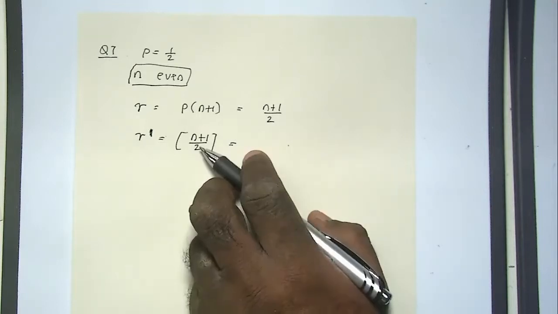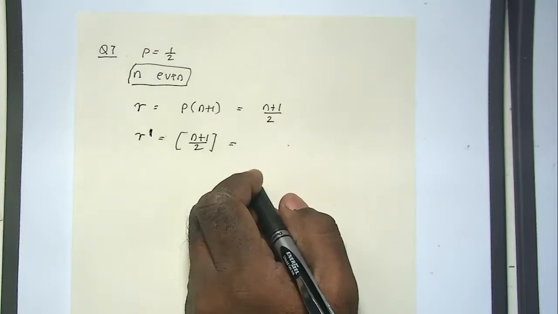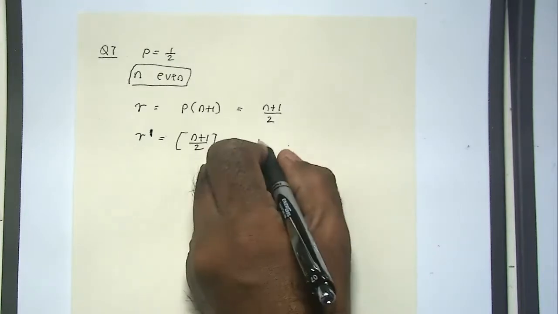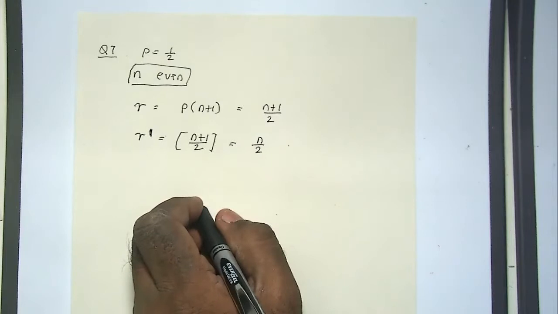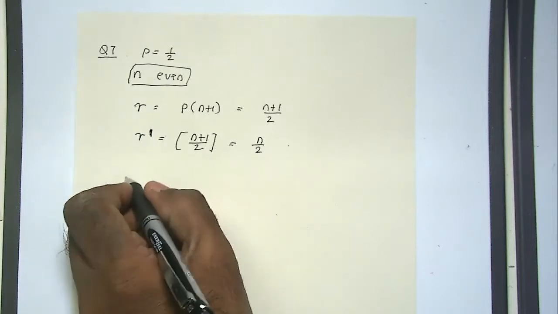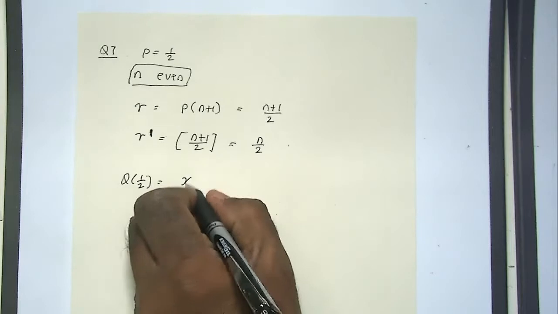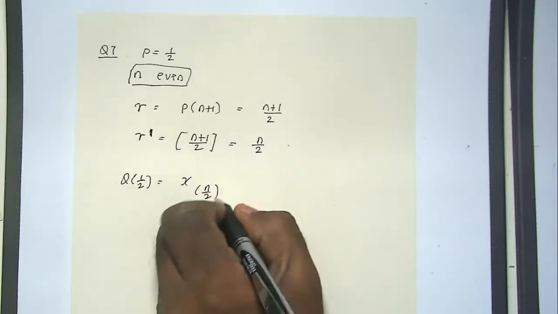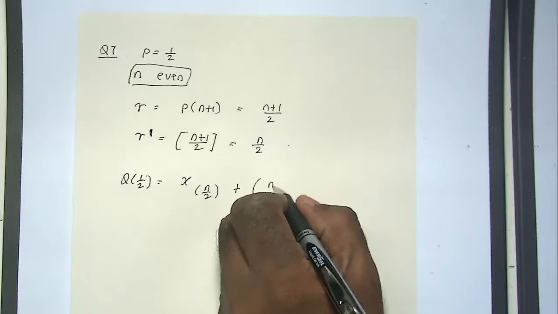If n is even, what would this be? It will be n over 2, right? Is it not? Did you do quiz 3, guys? All right, so your q at half will be x sub n over 2 plus (r minus r prime), which is (n plus 1)